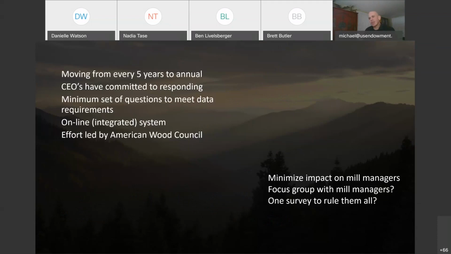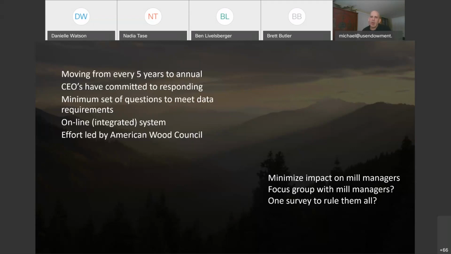It's interesting, the CEOs of most of the major wood producing forest products companies have all committed that they want to be more responsive to these surveys and want to get better data into the system because they recognize the value of having better data, how important it is to the users of their materials, how important it is to the sustainability story. So what we've been talking through is what is the minimum set of questions that we could ask to get those data requirements,